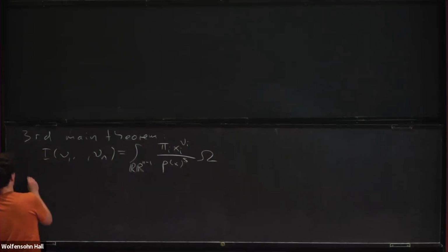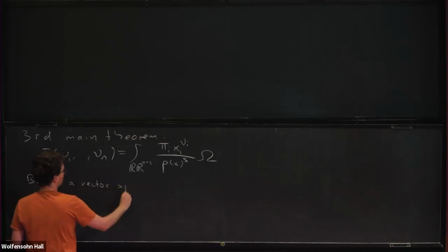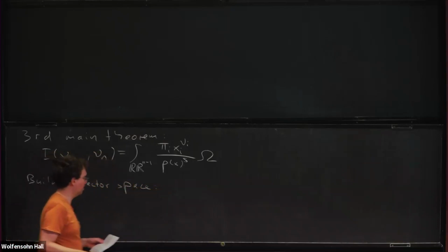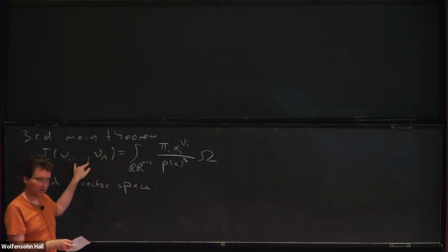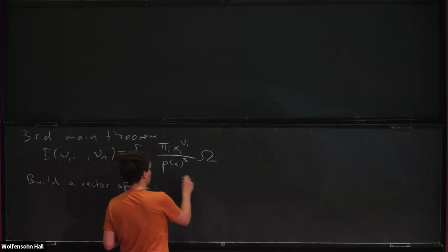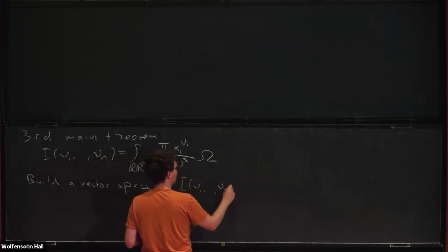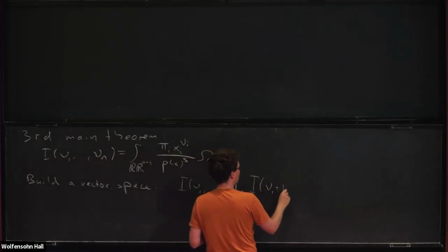So we build a vector space that has as basis element all the integer shifts of these integrals. So we take this one as a basis element, but also this one,